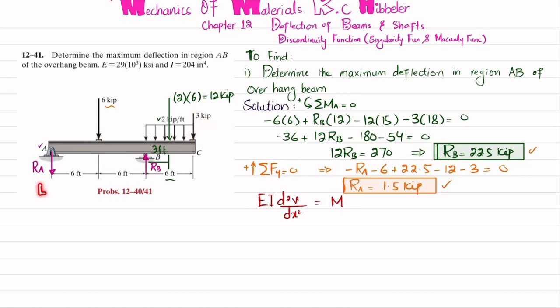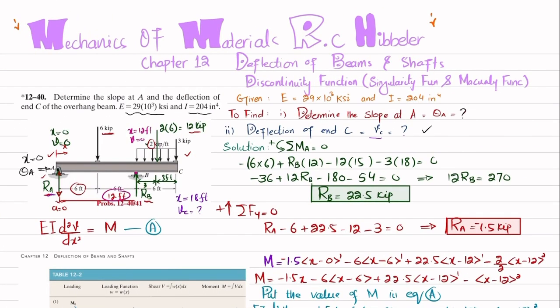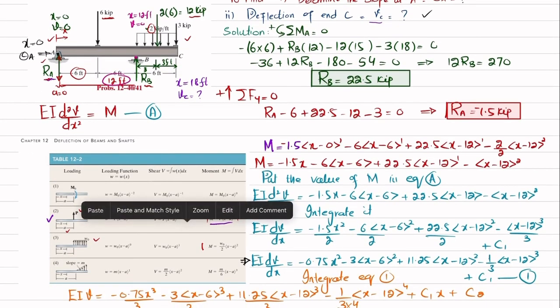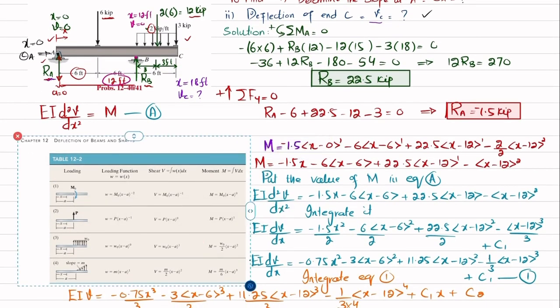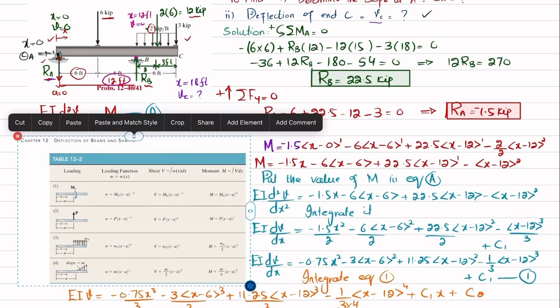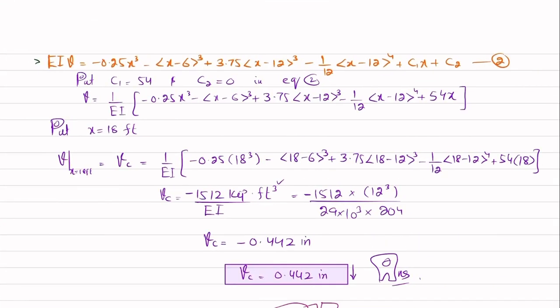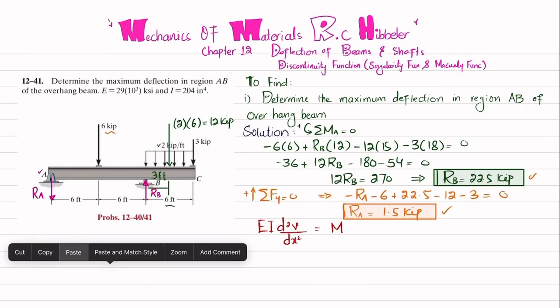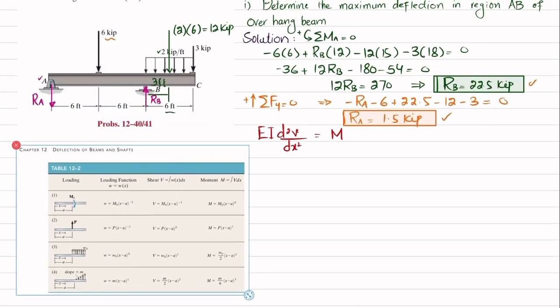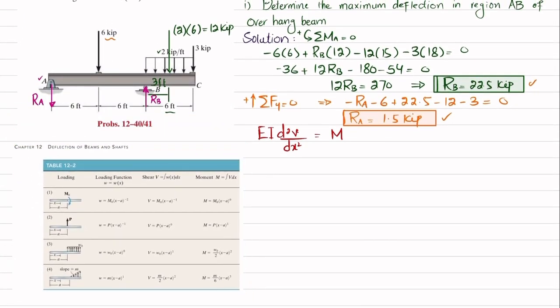So we'll start from the left hand side and move toward the right hand side, and we will neglect the last one. For that we have a table. Let me copy it. This is the table that is available in the book, chapter number 12. From this table you will take the moment equation as per your required